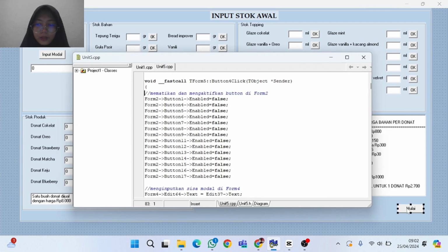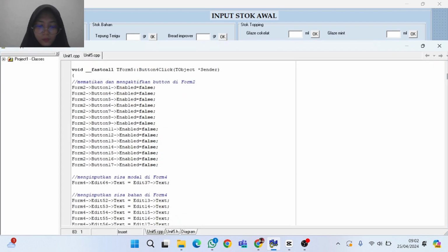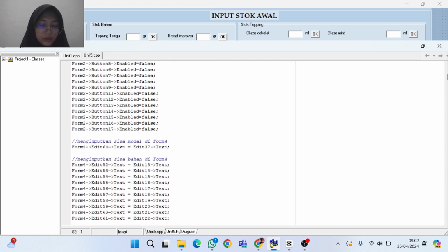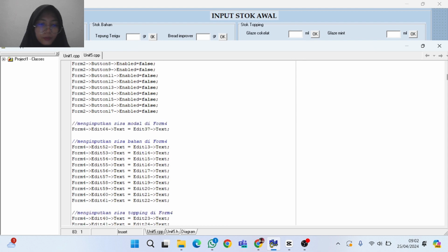This is the start button. This is here to turn off button on form 2. There are none needed. Input the remaining capital into form 4.